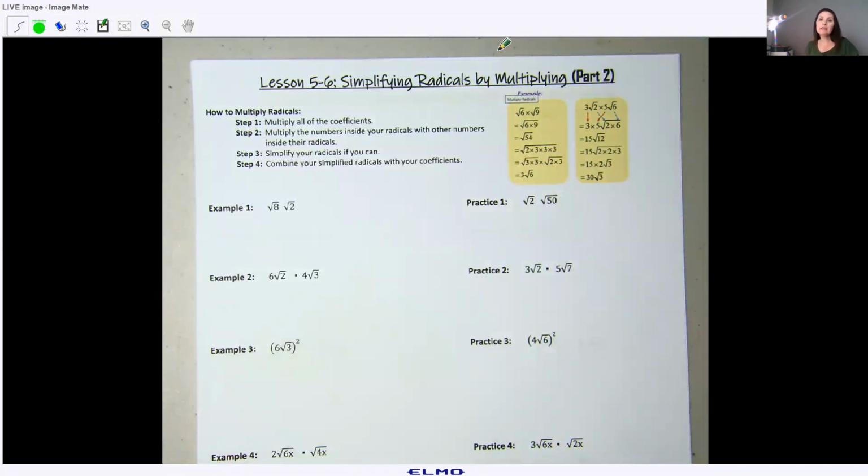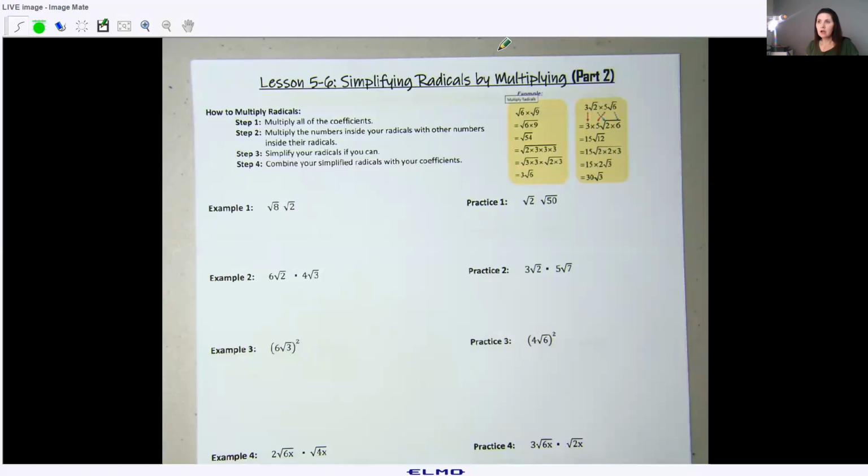So if you need additional help in factoring, I would go back and look at lessons 5-5 parts 1 and 2, and possibly 3, but also you can email me to have a Zoom meeting too, and I can help you with it. All right, so we are going to solve problems by multiplying, and the rules definitely change when we're